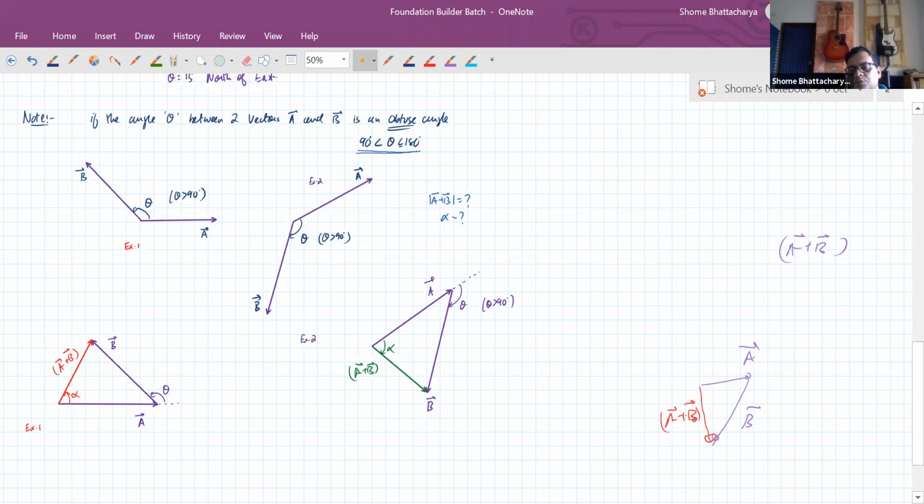So these are the steps you have to implement to find the resultant of A and B, the sum of A and B. Of course, in the final step you don't actually sit and measure this distance. We use the triangle law formula: if I know the magnitude of this line A, the length of this line B, and this angle theta, then I should be able to find these things without actually drawing the diagram or measuring from the diagram, but by just application of the formula. Okay, so hope the point is clear.